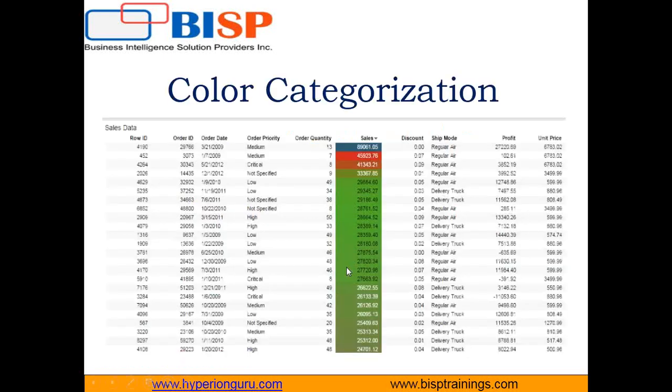The very first visualization I'm going to explain is color categorization. Let me explain what exactly I mean by color categorization. Color categorization means, for example, as you can see here, that's the sales data which I am going to use in my examples. In this sales data, I would like to categorize the values